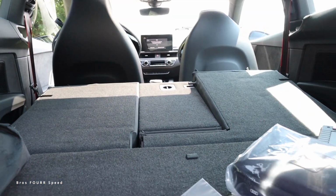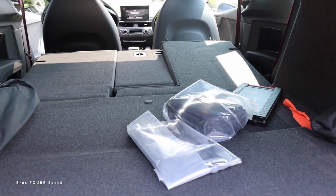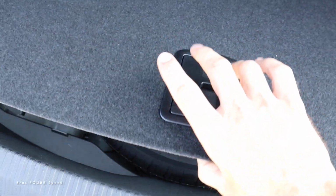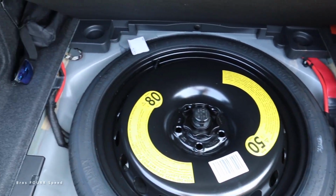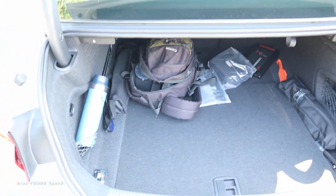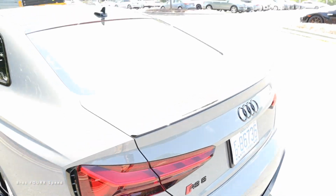With them folded down, that gives you a lot more usable space, especially being a coupe. It is nice to have that. And this is one of the few coupes that I've seen has a spare tire underneath. You really wouldn't put anything else under there, but you have the spare tire, which is nice. A little bit more storage over on that passenger side, and 2 grab handles up top so you can easily